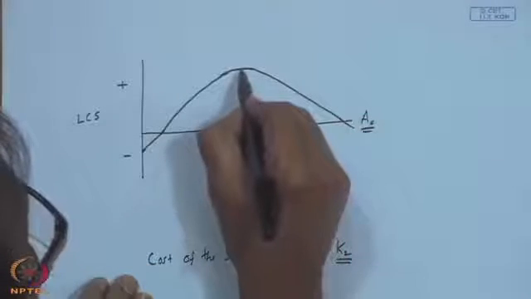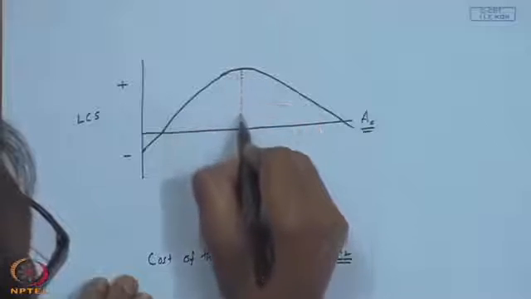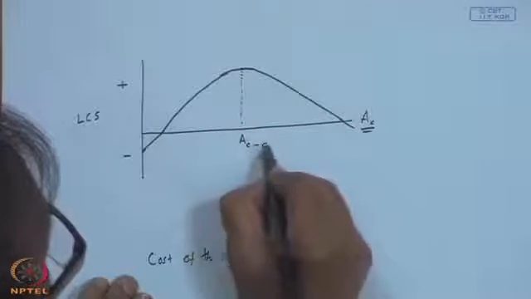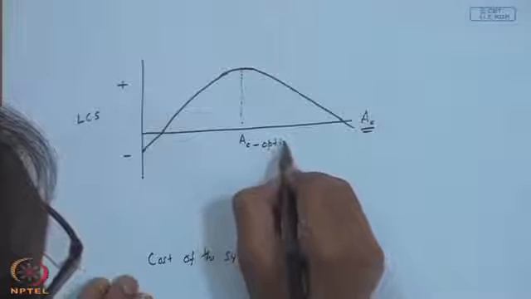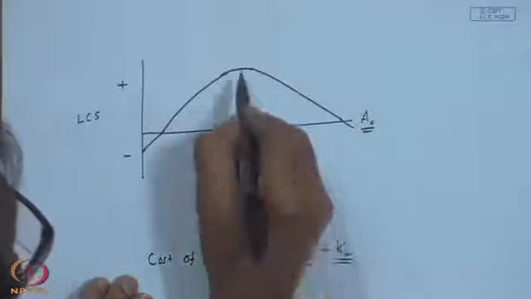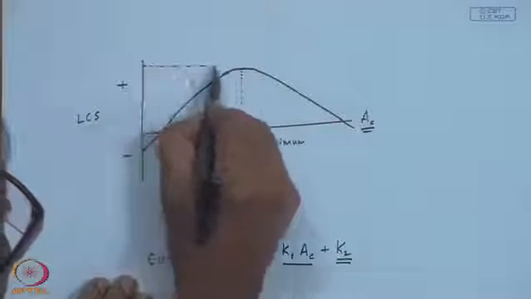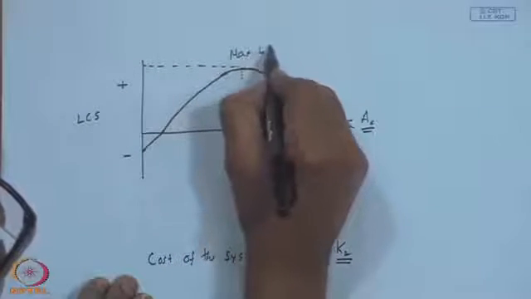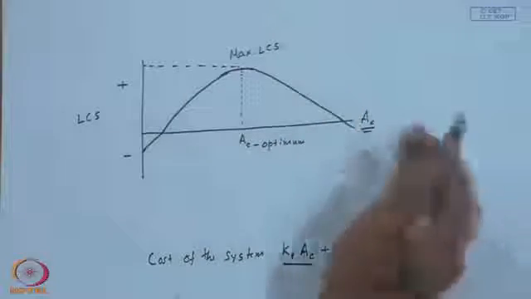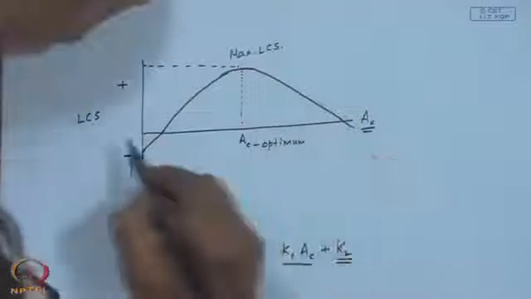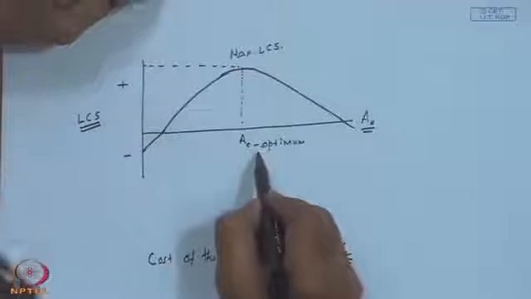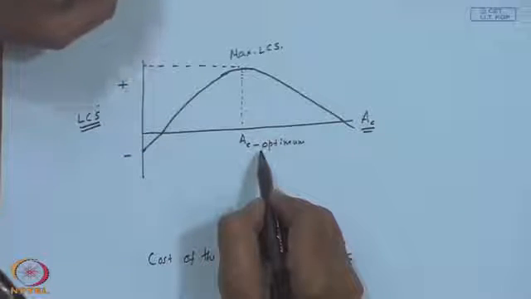Now, this is a point I can call optimum, because this is where I get maximum life cycle savings. Whatever may be, we are finding out the life cycle savings, because as area increases, my life cycle savings do